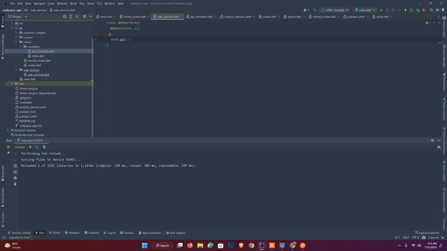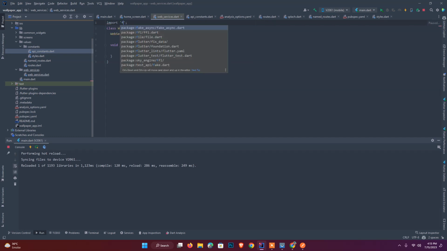For now this is a get function, but in time, after we set up our complete API structure, we will convert it into a returning function. So here is get images list, this is our images list that we will get. First of all, for the request, what we need is to import